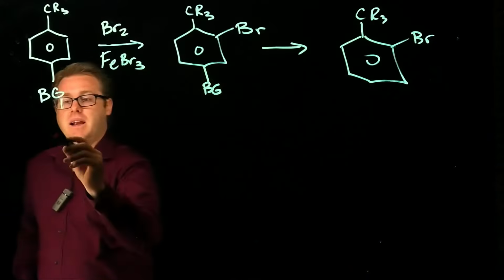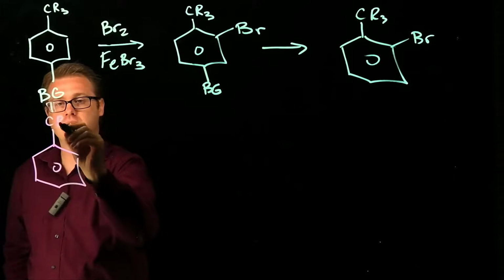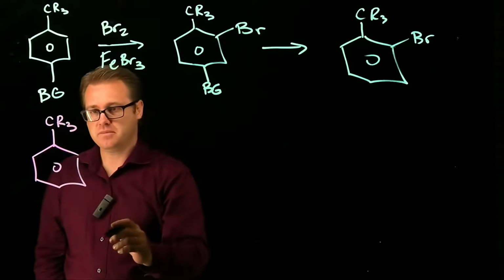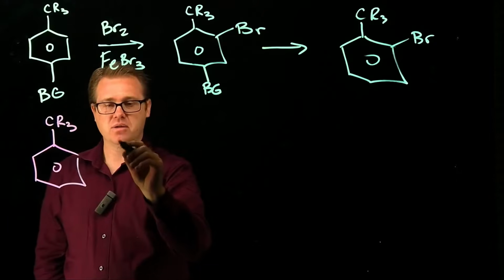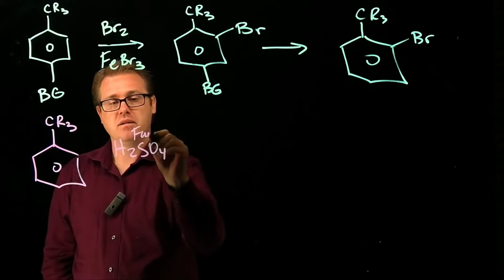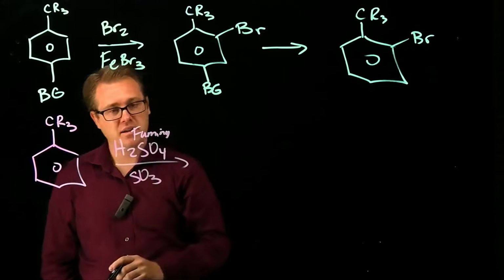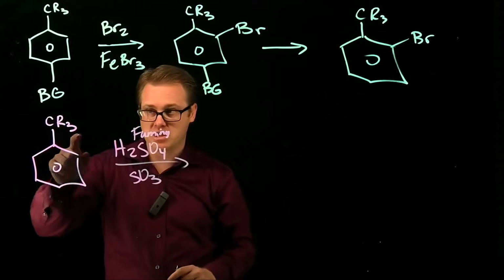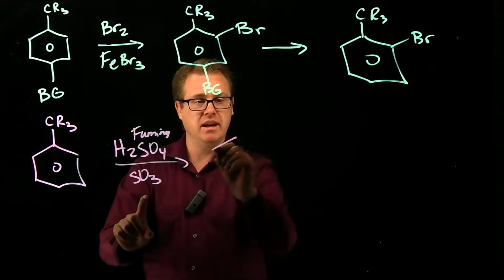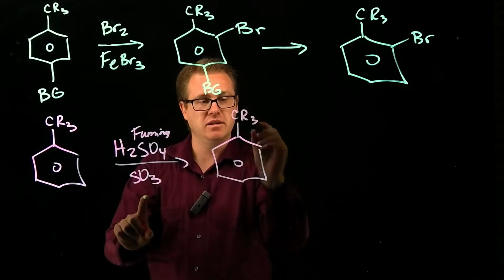So what if we took our molecule of interest here and we did a sulfonation reaction? What's the sulfonation? That would be fuming sulfuric acid with our sulfur trioxide. And because this is so bulky, it's going to predominantly give us the sulfonyl group in the para position,